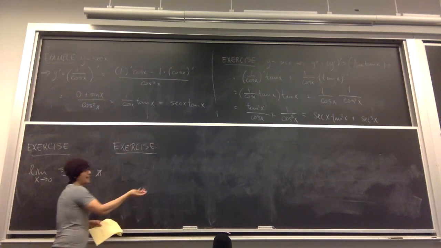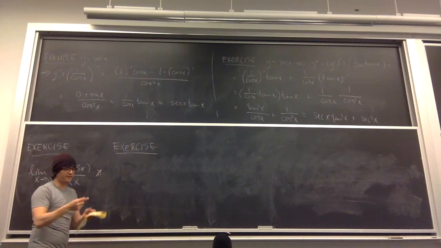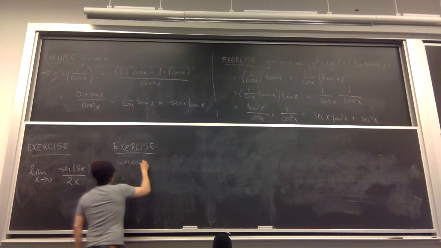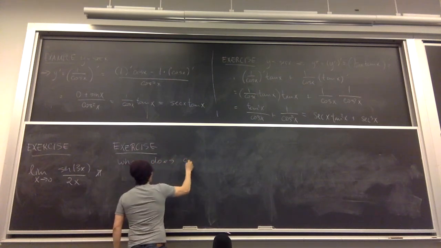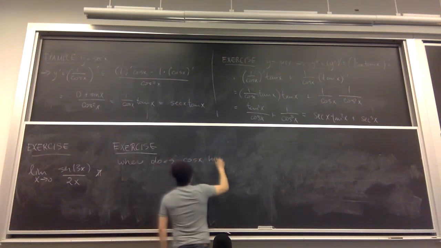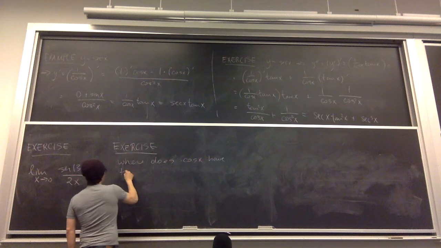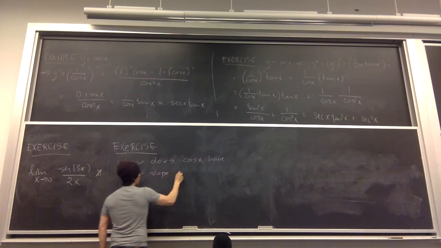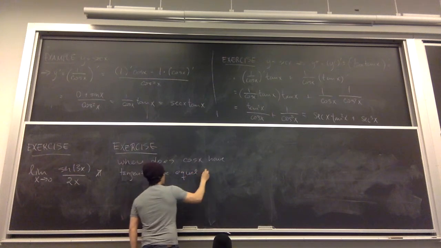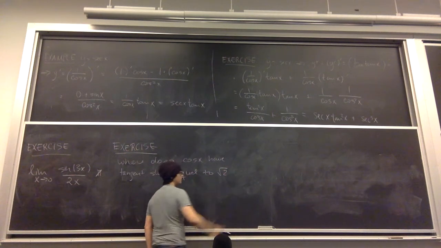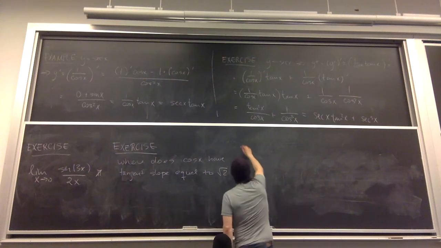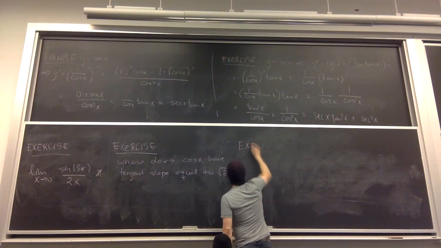Okay, so here's a good example of how I'm going to ask you to take a derivative by asking you a different question. Where does cos of x have tangent slope equal to root 2? It's going to be in infinitely many places, right? Because it's a periodic function. The last exercise is going to be a little bit more complicated because it's